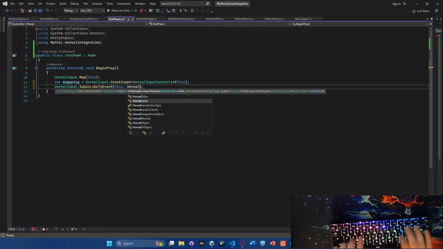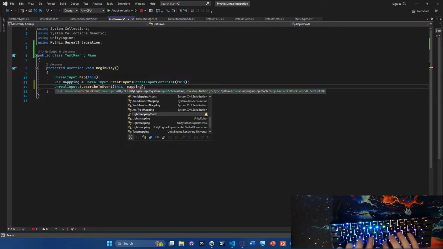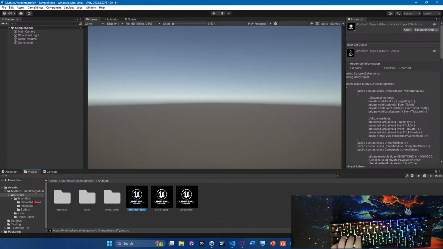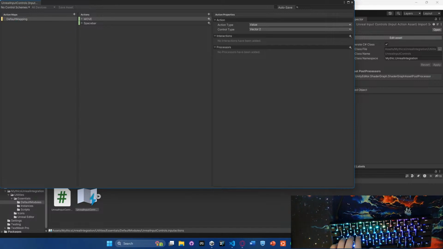Like I said, we can say Unreal input get mapping context, but it's better to just say mapping here, so you don't have to do two of those calls. Mapping, and then what we called it here, we call it default mapping